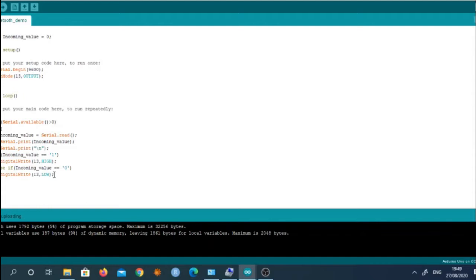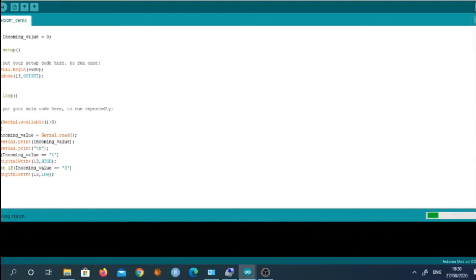Now I am going to connect my Arduino board to the laptop, and I am going to download this program into the IDE. So I am connecting this board and downloading the program. For that I initially have to verify and compile the program.